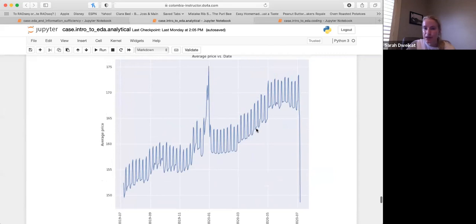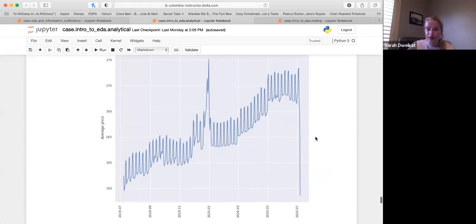The same up here, looking at seasonal trends over a whole year. We see these peaks around December, January, where we see a huge peak in price for Christmas and New Year's. And then we overall are seeing an increasing trend, which might indicate something like inflation. We see this general trend of increasing prices over time, regardless of the time of year.